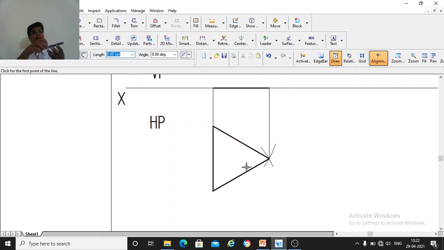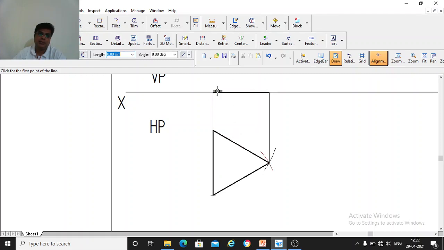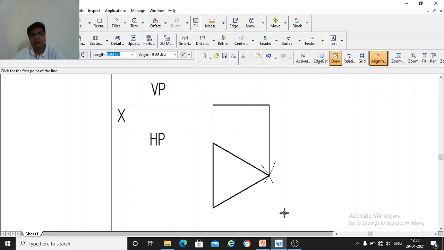Okay, so you have the plane on HP now. This edge you can see, when you see from the front, this front view will be on the XY line. It will be because the plane is on HP. Front view will be on the XY line. So this is in VP only, but it is on the XY line. Right. So now this is the top view and front view of the plane in the initial position when the plane is on HP. So this is the true size.